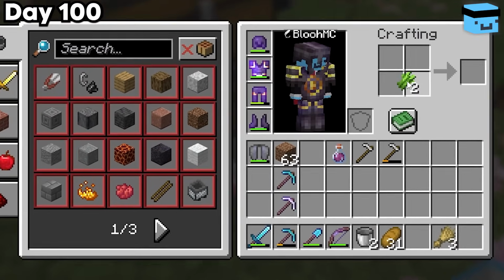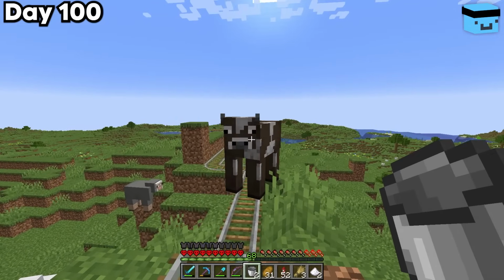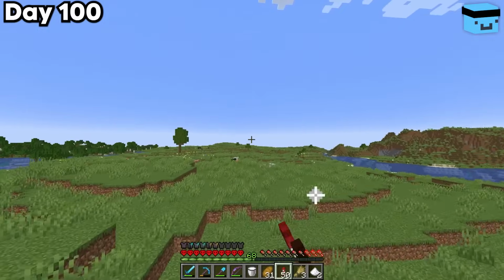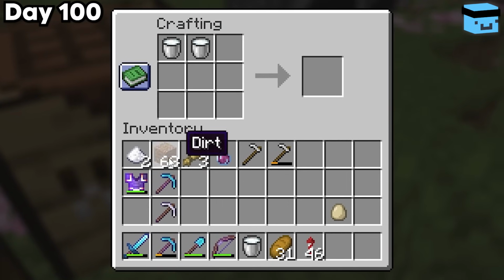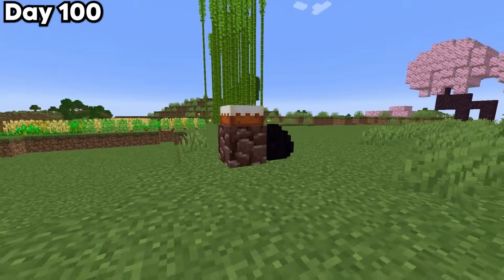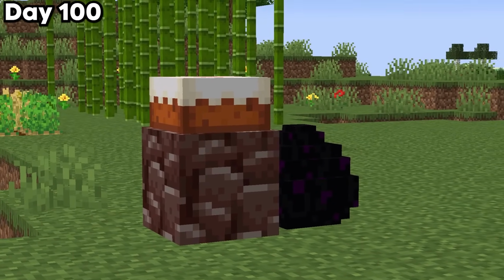You see, as a little throwback to the original 100 Days Trios edition, we have to make a cake. But to do this, we were going to have to collect a few materials. We quickly gathered them all, like the milk, the sugar, the wheat, the eggs, all that stuff, and then we put it together in a crafting table to craft up the cake. We then placed it down, and as the sun sets on day 100, that was it for the 100 days in 1.20 Trios Minecraft